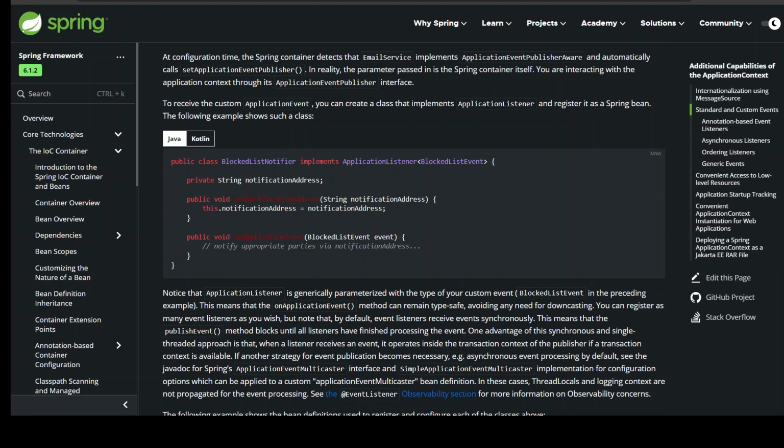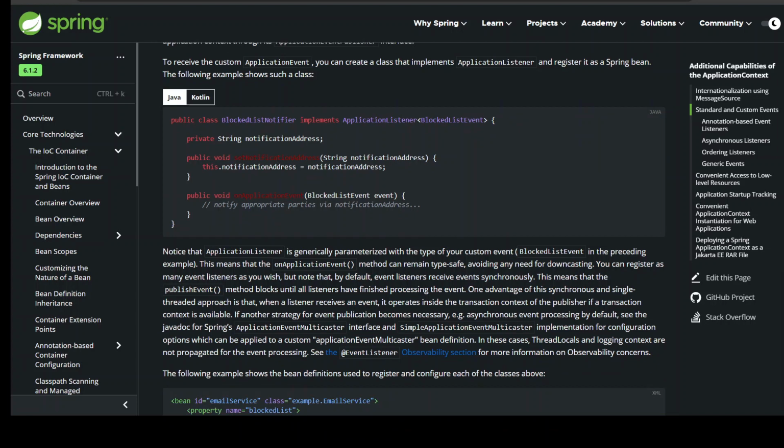To receive the custom ApplicationEvent, you can create a class that implements ApplicationListener and register it as a Spring bean. The following example shows such a class. public class BlockedListNotifier implements ApplicationListener<BlockedListEvent> { private String notificationAddress; public void setNotificationAddress(String notificationAddress) { this.notificationAddress = notificationAddress; } public void onApplicationEvent(BlockedListEvent event) { // notify appropriate parties via notificationAddress... }